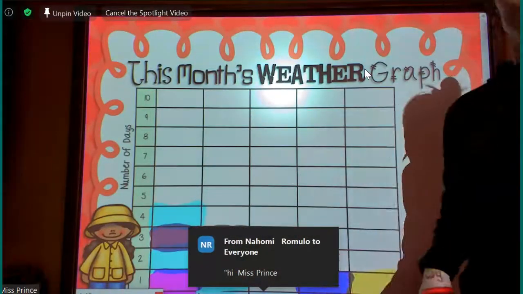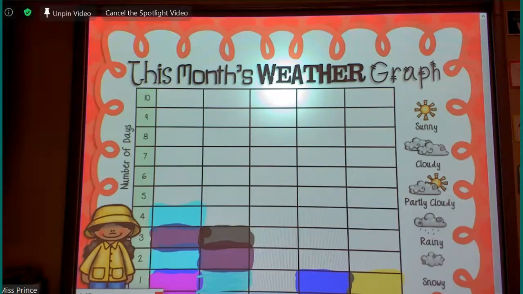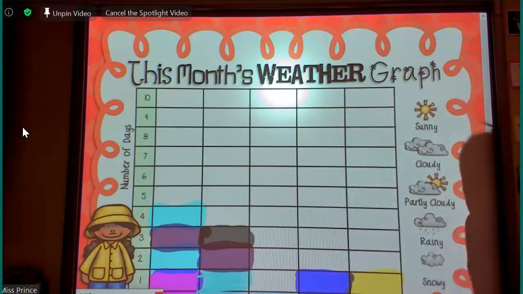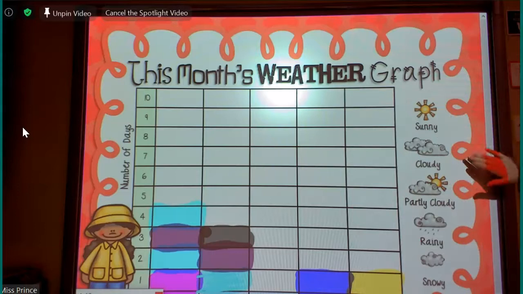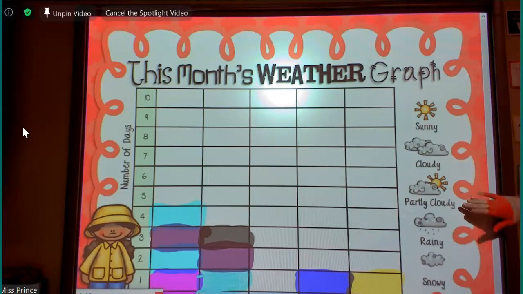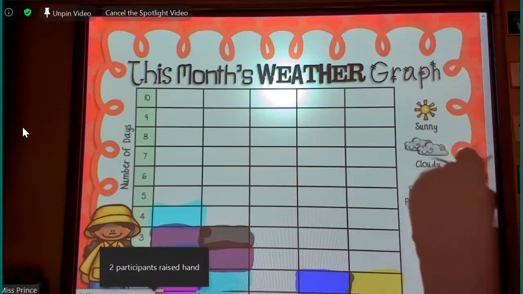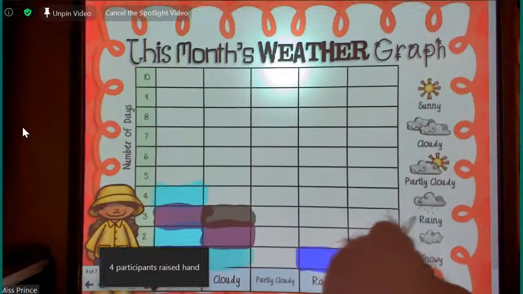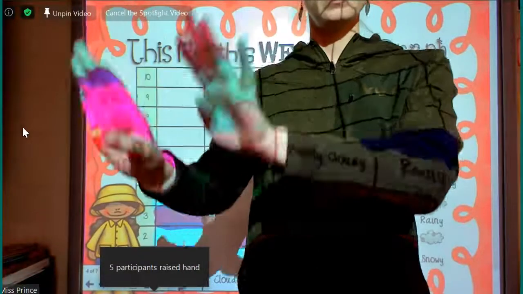Okay, the weather. What is the weather like today? Hi, Naomi. So, go look out your window, and then I'm going to be calling on a friend to tell me if it's sunny, cloudy, partly cloudy, rainy, or snowy. So go look out your window, come back and use the raise hand button, and when you get called on, I want you to say, today's weather is,